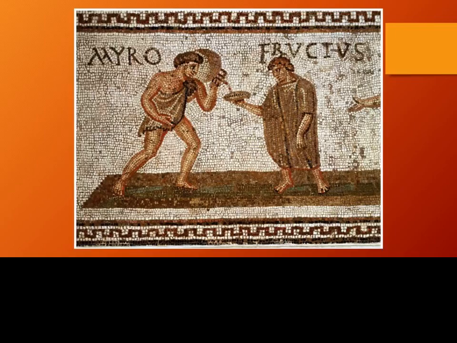Okay, here's an excellent mosaic. And let's talk about what's going on in this scene. First, let's talk about these two figures. So we have a slave pouring a drink from a large vessel on his shoulder, or shoulders, right here, into the shallow bowl into the hand of his owner or his master.